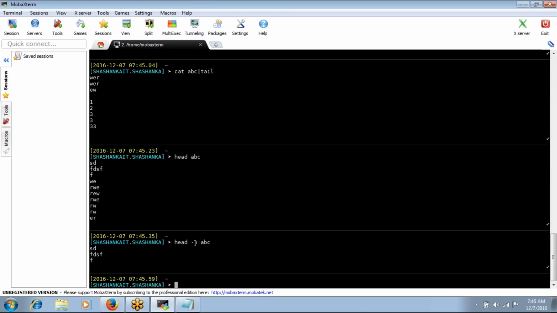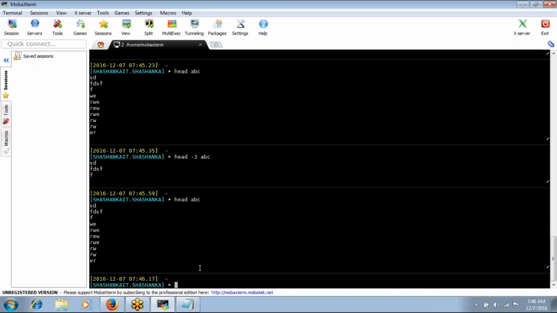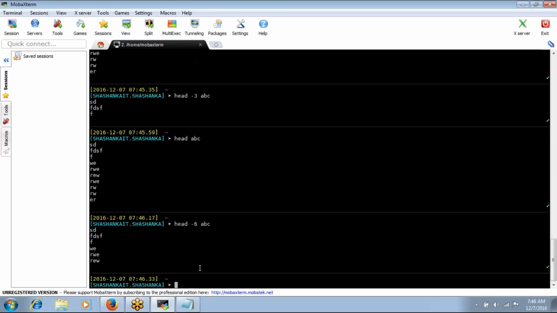To display the first three lines, you need to specify head space minus 3 space abc. By default, if you don't give any number, it will take it as 10. If you want to display the first 10, 20, or 30 lines, you need to give the numeric value. If I give 6, it will display the first 6 lines.